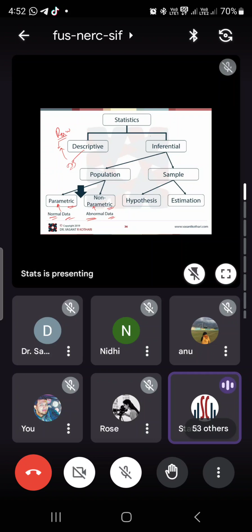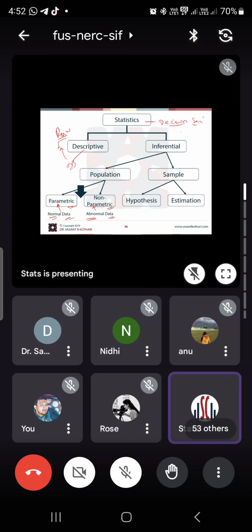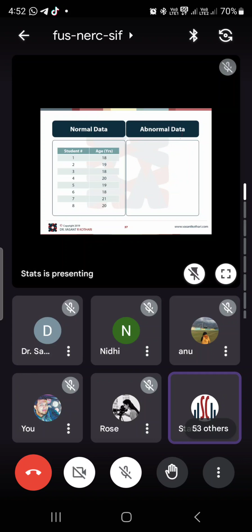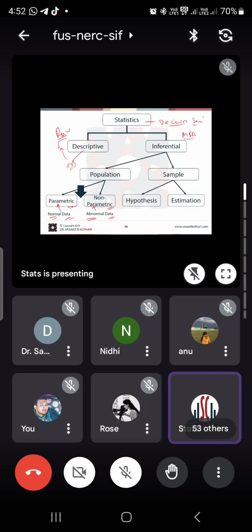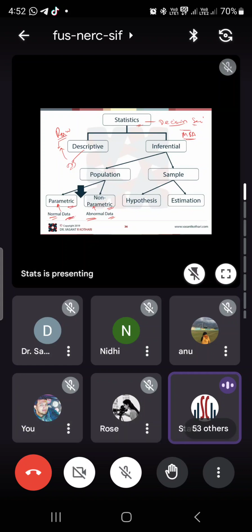Now, as I'm continuously telling you, statistic is a decision science. In other countries, they have the MBA in decision science. So they are studying statistic, because as a manager, you need to take a lot of decisions. So that is a decision science. Now tell me one thing. You like to take the decision on normal data or abnormal data? On which type of data you like to take the decision? Normal data. Normal data. Yes. Anyone else?